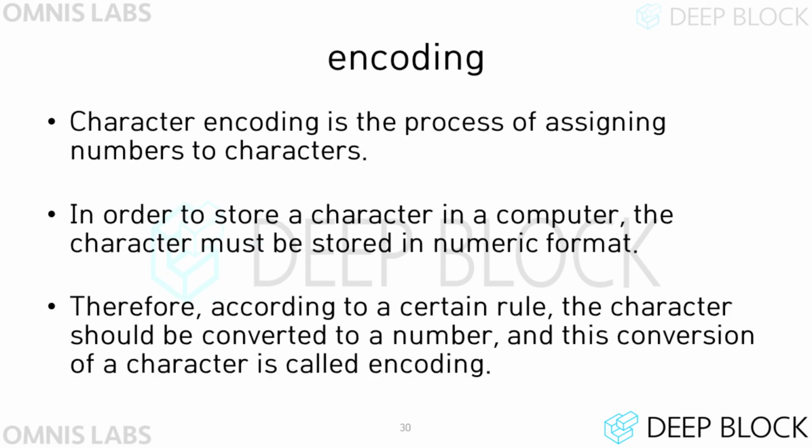The process of storing and processing a certain character in correspondence with a certain number is called encoding. Computers are not paper, so we cannot write and store various characters with a pen. However, a computer can electrically express and store any number through an electrical signal. For example, the number 1 can be represented by applying a voltage to one tiny space in RAM.